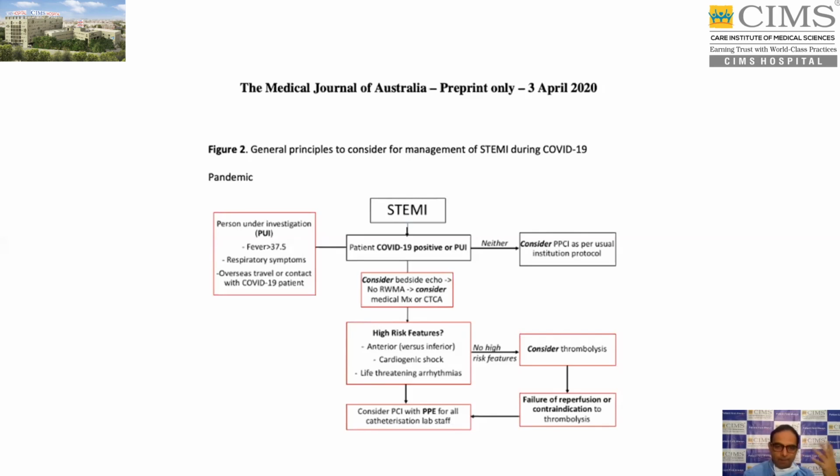And anybody presenting to you for any kind of procedure, whether it's cath procedures, operations, any kind of procedure, should be taken as suspected COVID-19 positive in the current era. You should always ask the history, and a rapid test, which I don't think is available, but at least a test should be done in semi-urgent cases. If it's an urgent case, then you take it as COVID-19 positive, take all the precautions and save the life of the patient.